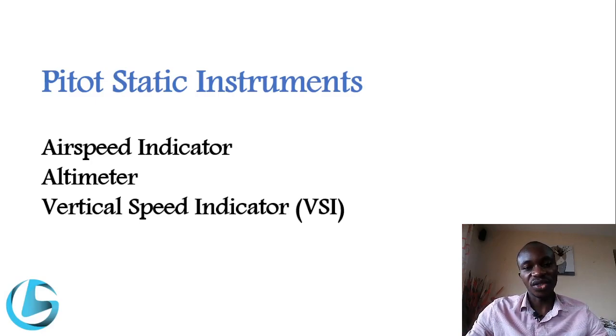shows the aircraft altitude. It is calibrated in feet, and an altimeter measures static pressure. Basically, it's the atmospheric pressure at the given level where the aircraft is flying. The atmospheric pressure at that level is what the altimeter measures. And it only has one tube or pipe that brings the static pressure into the instrument. Inside the instrument, we have a capsule that is totally sealed. It's a metal capsule that is sealed, and the capsule is inside the casing, which is connected to the static